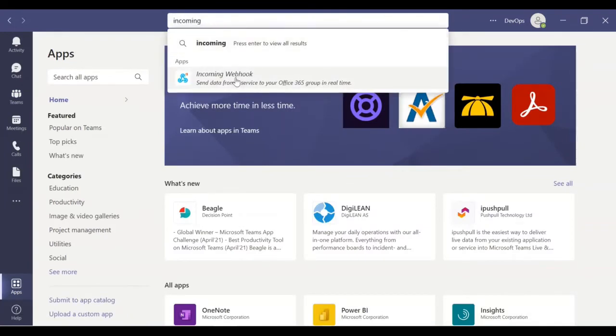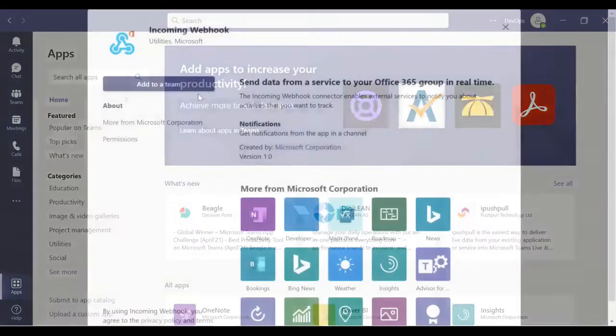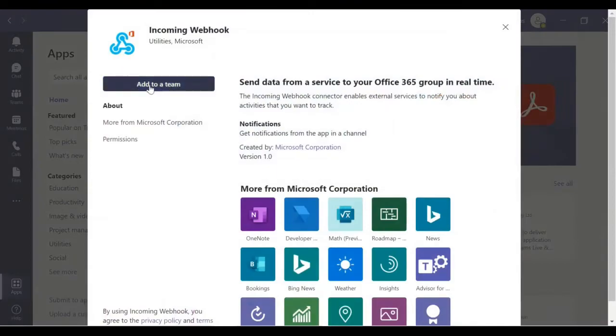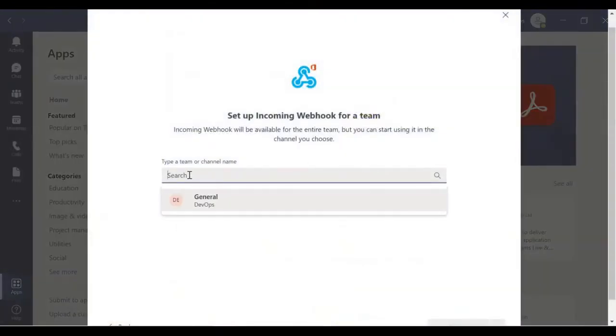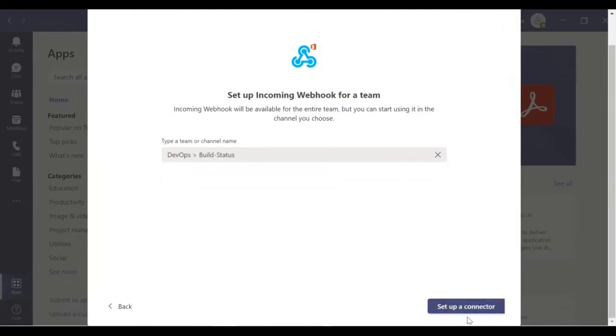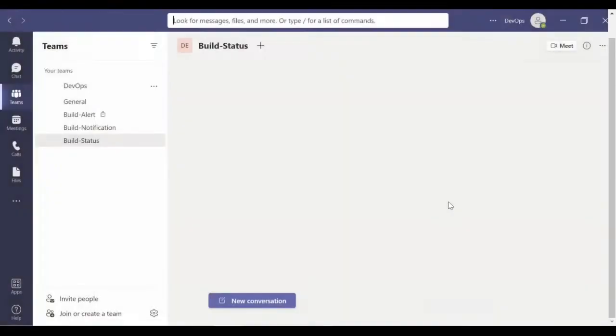Check whether this app is installed in your Teams. If it is installed, that is good. If not, you can come here and install it. So you select incoming webhook, then say add to a team, and search for your channel. In my case, the channel name is build status, and I say set up a connector.